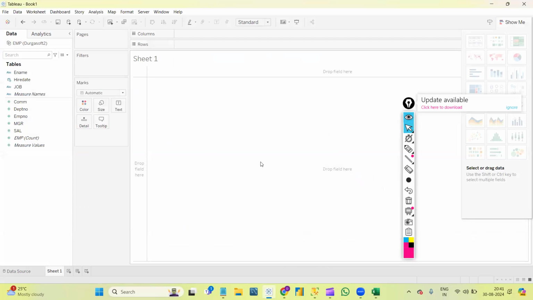That is the only difference here. From here the concept is the same, whether it is live connection or extract connection. The process of creating graphs is the same, but the connection is different, something like online mode and offline mode. It is like we are downloading the data into our systems and working on the downloaded files. And again, if we want to refresh the data,